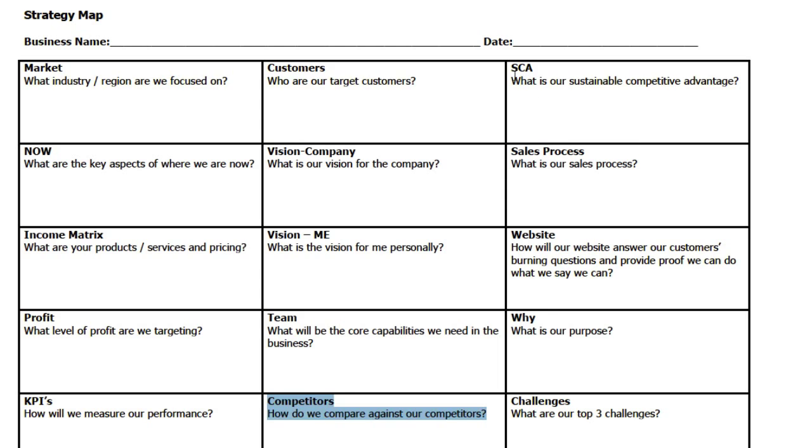SCA, now that's a bit of jargon really, sustainable competitive advantage. But the reason that it is in there is that sustainable competitive advantage is the thing that's going to allow you to stand out and outperform other people. So the things that it might include are the members of your team. Maybe they're highly skilled at a particular type of thing. It could be the environment that you're working in, whether it's a really nice place. It could be the resources that you use, whether it's a particular type of machine or process that you use for treatment. And the other thing is that hopefully sustainable competitive advantage will include something about the culture that you're